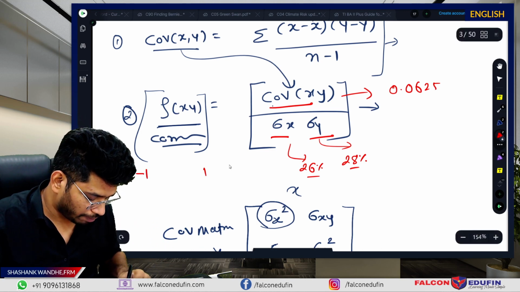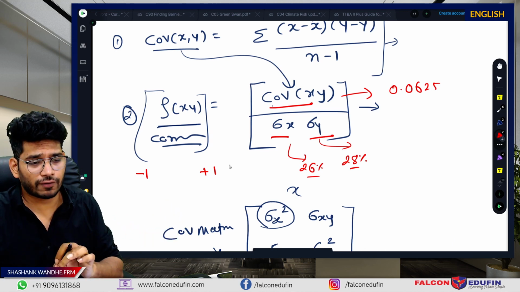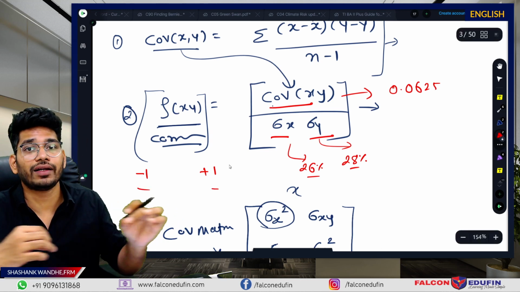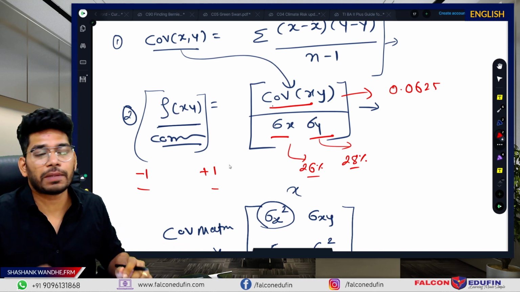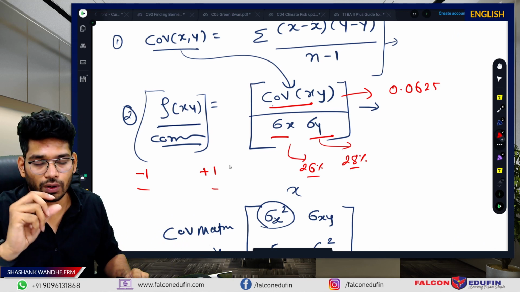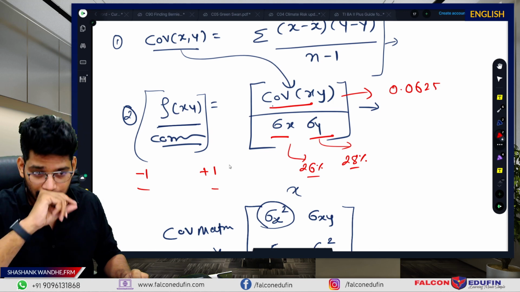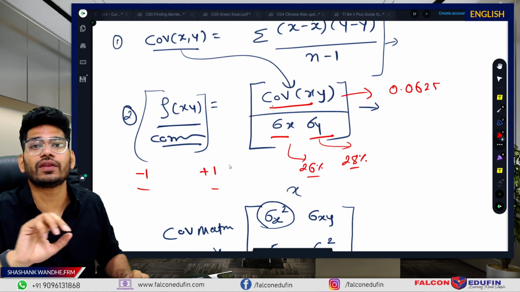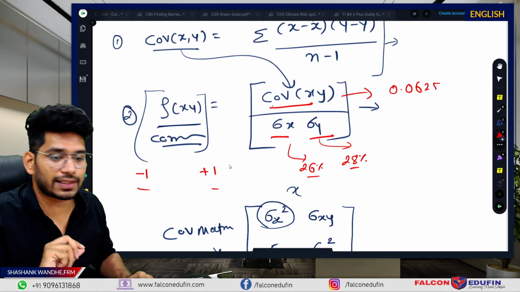If I provided you the correct values, the values in sync, you should get a correlation between +1 and -1. +1 is perfectly positive correlation, -1 is perfectly negative correlation, 0 is no linear correlation. All these values are linear correlations only and not non-linear correlations. One statement you should always remember for the exam: if the Pearson's correlation coefficient is 0, this means there is no linear correlation between the two variables. This does not mean there is no relationship between the two variables. There might be some different kind of relationship. That's the statement you're supposed to remember.